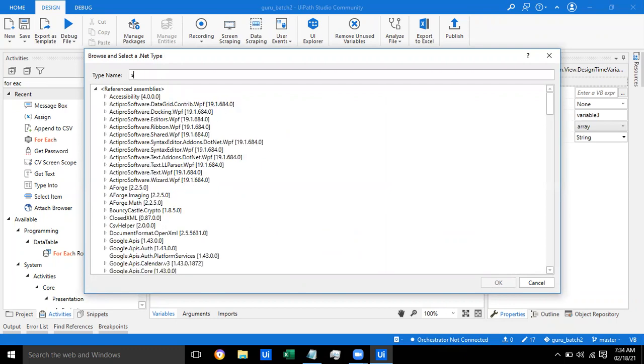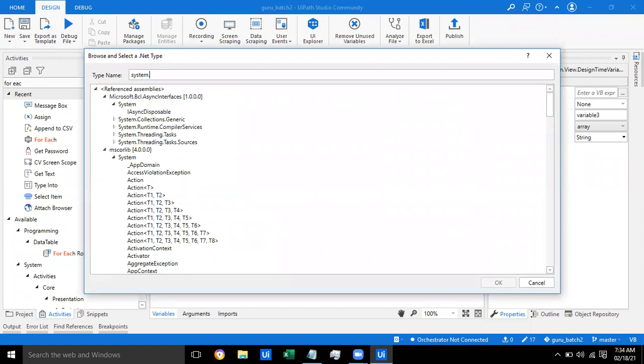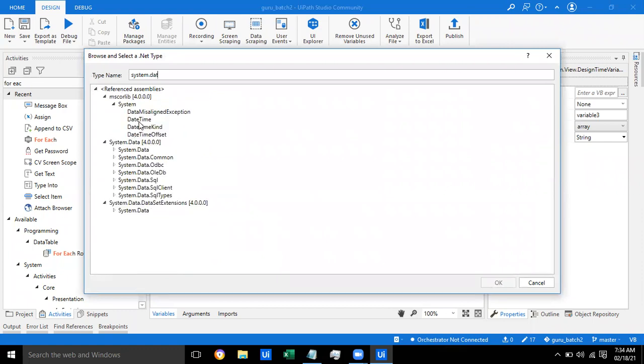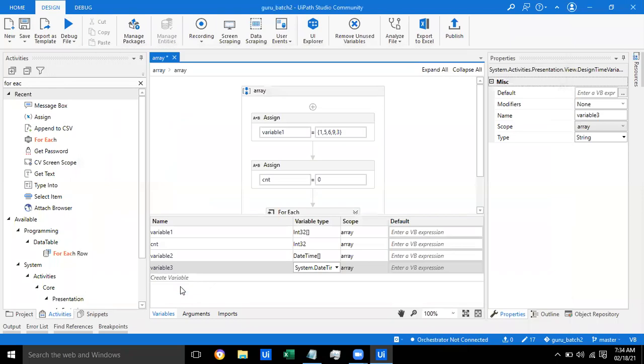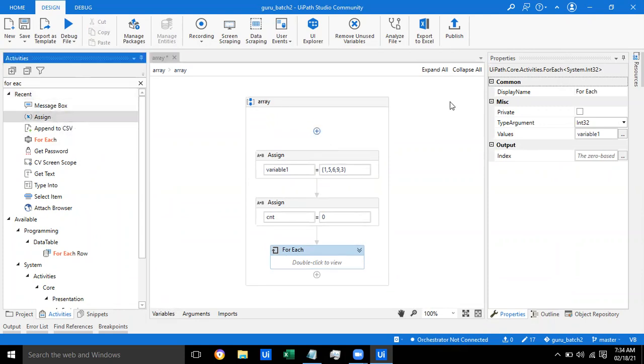So the data type will be System.DateTime. Okay, so this is variable 3. It is just a date and time variable. I have not created it as an array of strings or an array of date and time. So the thing is, how can I declare a value?